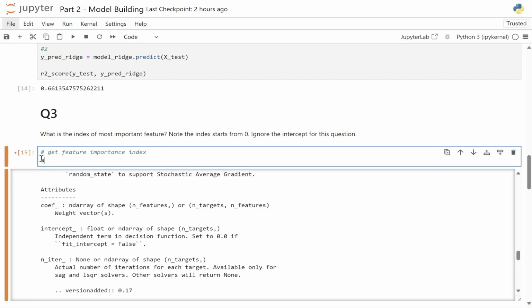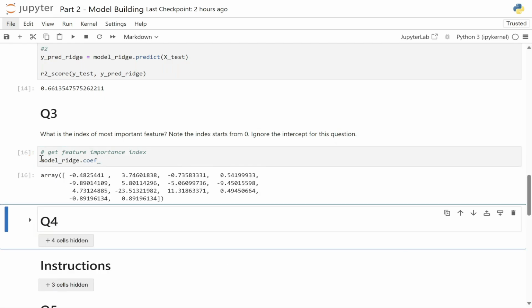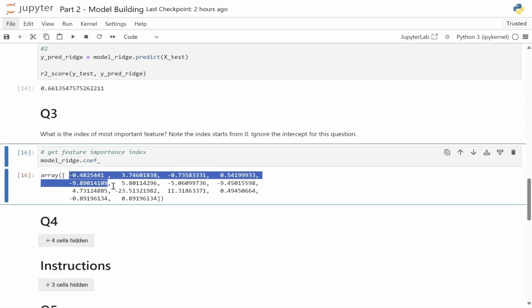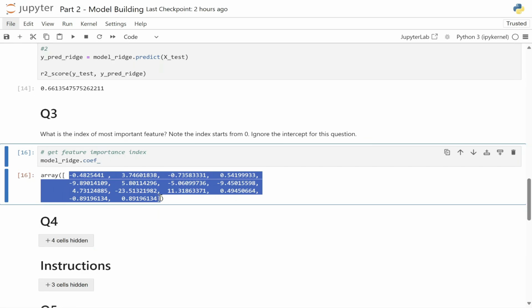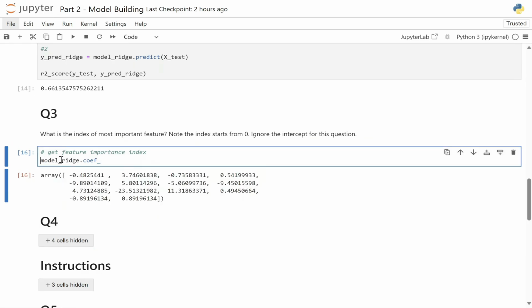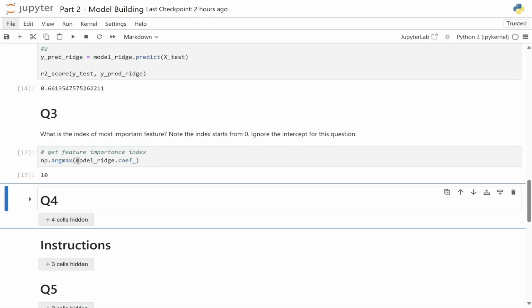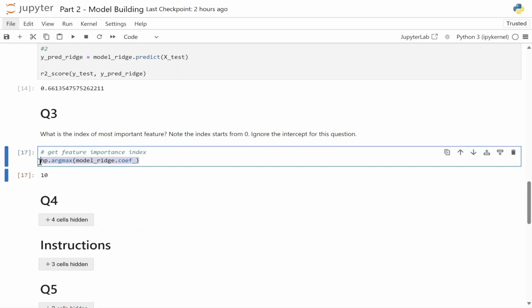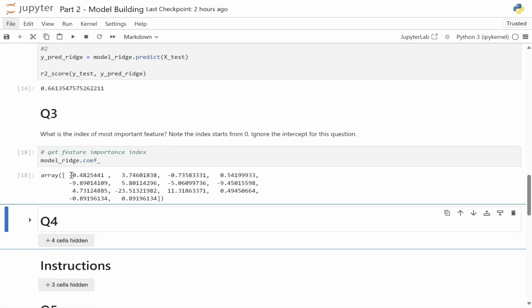For that, I will be doing model_ridge.coef_, and you can see that there are negative values and positive values also, but they are not sorted. So for that, we will do np.argmax, which will give us the argument of the maximum, and then pass this particular model coef here. And now it says the answer is 10. But here you need to consider the absolute value itself. Okay, if we take the absolute value itself, then you can find that